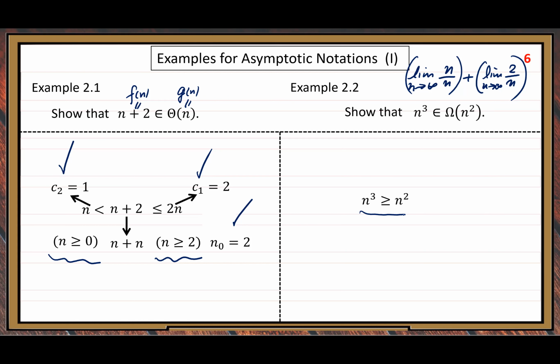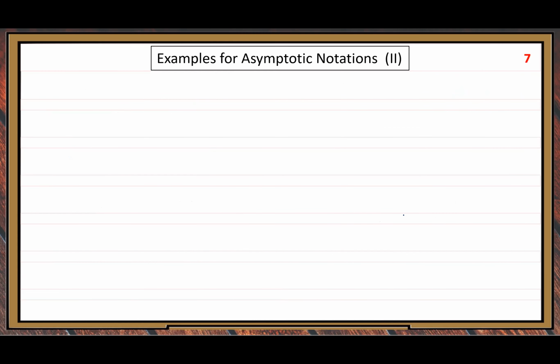So this is the lower bound, but what is the range? We can easily see when n is greater or equal to 0, this inequality must hold. So this time C equals 1, n0 equals 0. Because only lower bound, that's enough. After this, we can make our conclusion. So that's 2 simple examples. All right. Part 2,